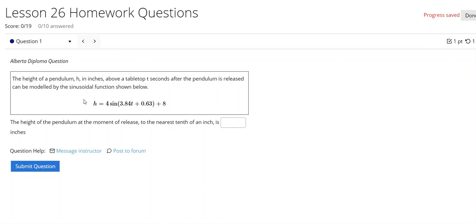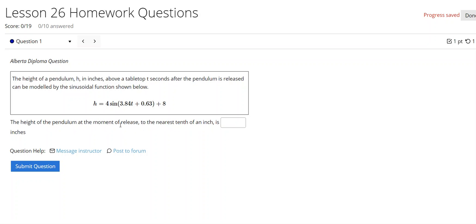All right, let's go through a few of these homework questions for lesson 26. So this one says the height of a pendulum h in inches above a tabletop t seconds after the pendulum is released can be modeled by the sinusoidal function shown below. All right, so we're given this function, right? So now it says the height of the pendulum at the moment of release to the nearest tenth of an